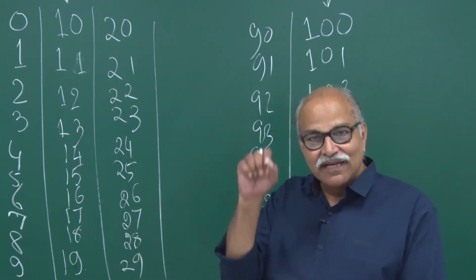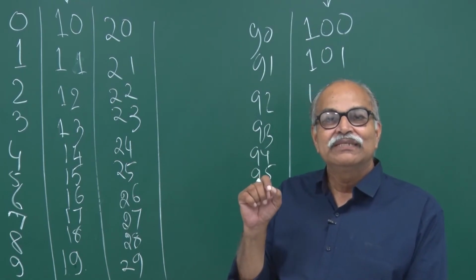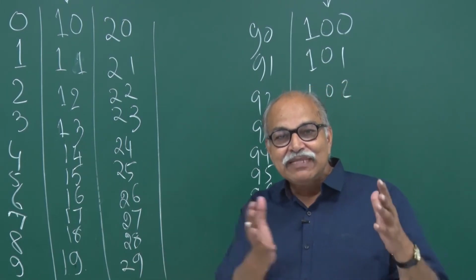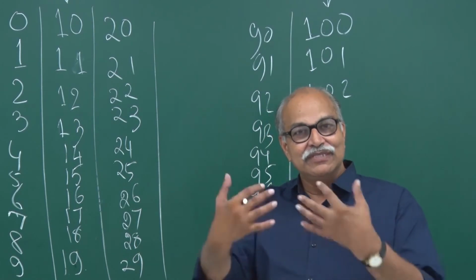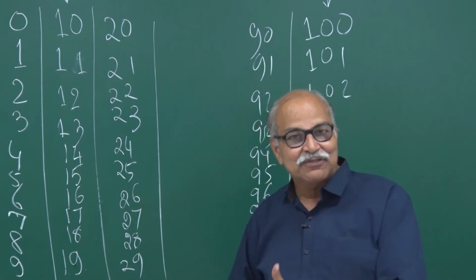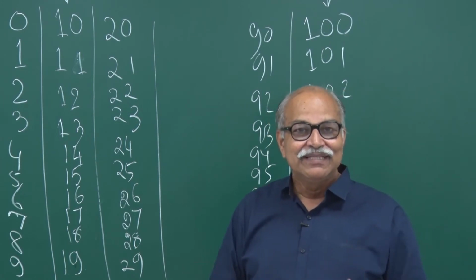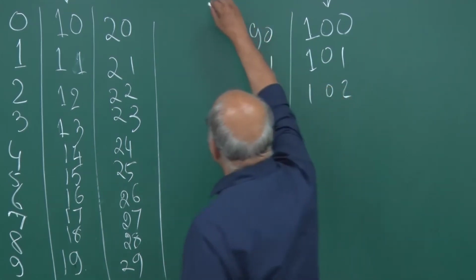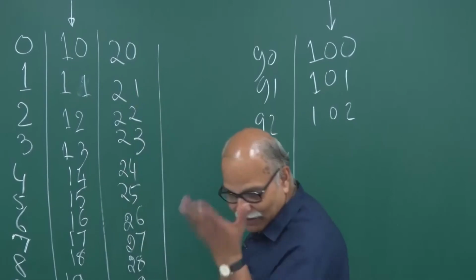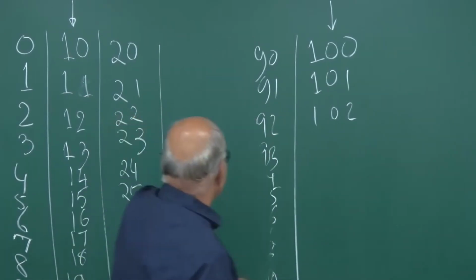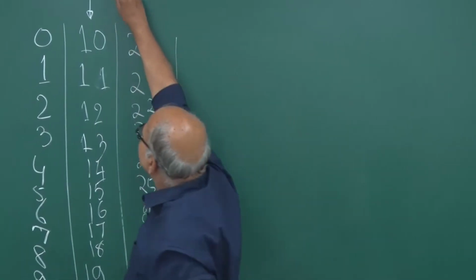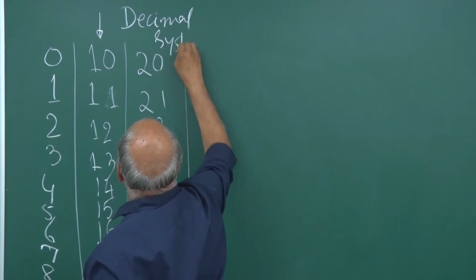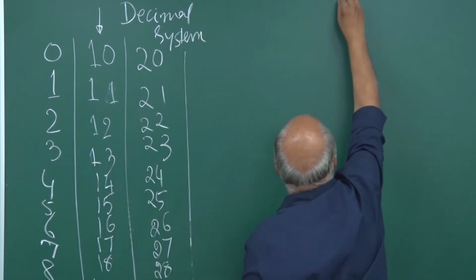So, in his book Chand Shastra, he describes how these 2 symbols, small and big, can be used, and how that decimal number can be converted into this system, and this binary number can be converted back into the decimal system, and those things have been done. So, in binary number system I have only 2 symbols, that is the difference. This was our decimal system, and let me do binary. So, this was counting in decimal systems, and if I do counting in a binary system,